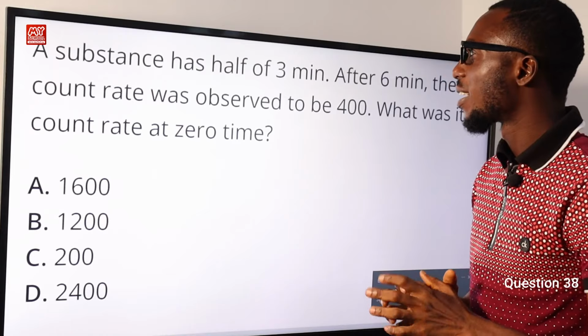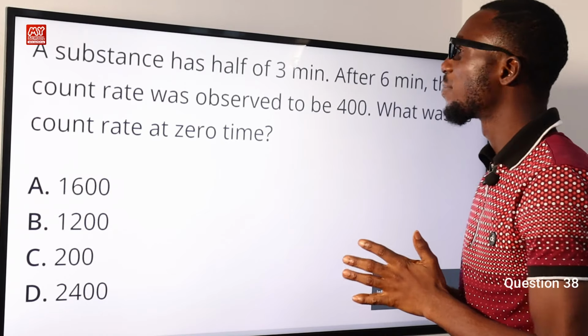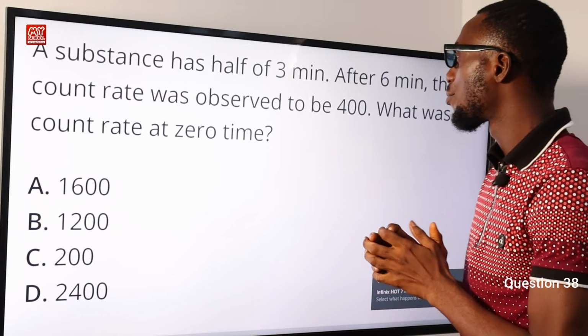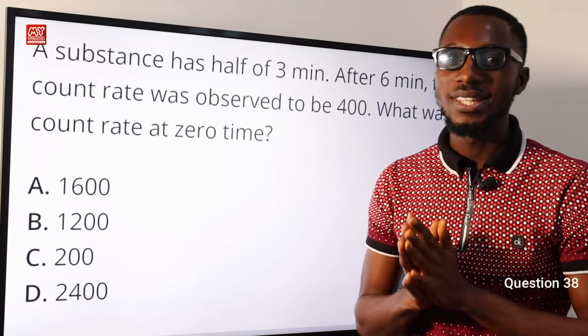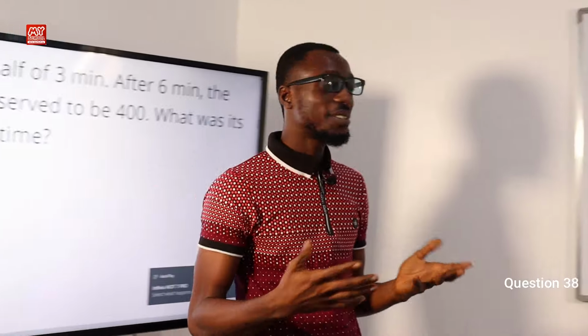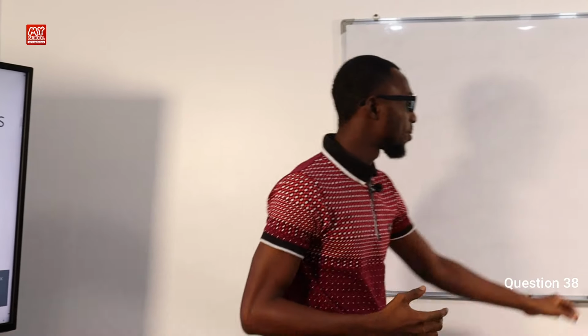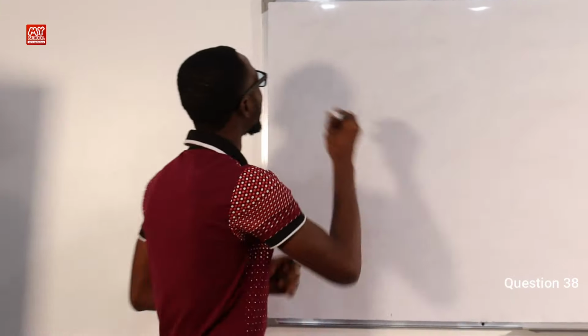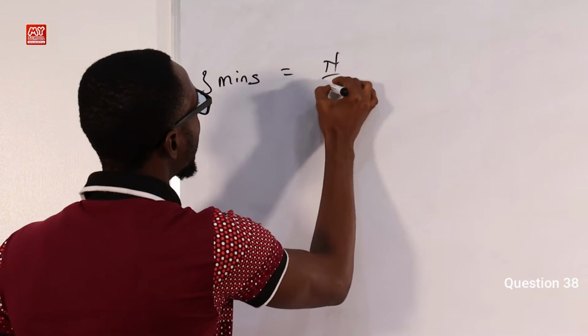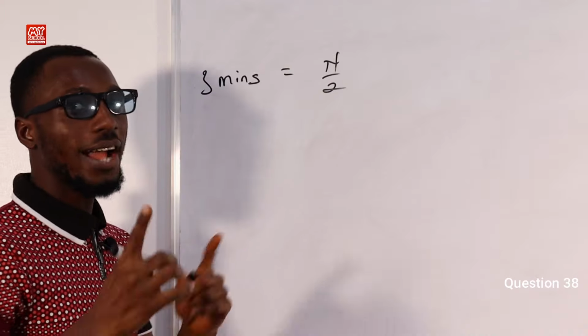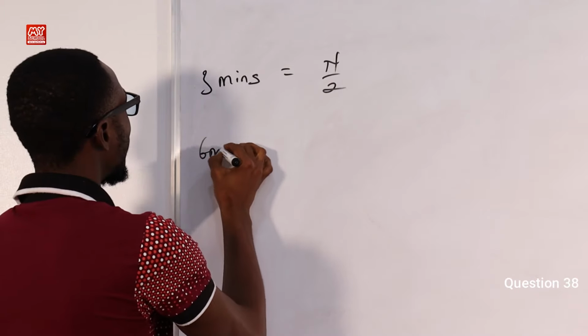Question 38. A substance has a half-life of 3 minutes. After 6 minutes, the count rate was observed to be 400. What was its count rate at 0 time? So they are just talking about half-life. We are told that 3 minutes marks its half-life. Therefore at 6 minutes, that will be